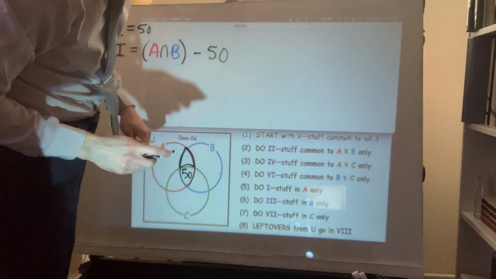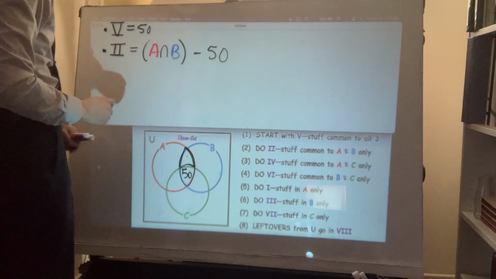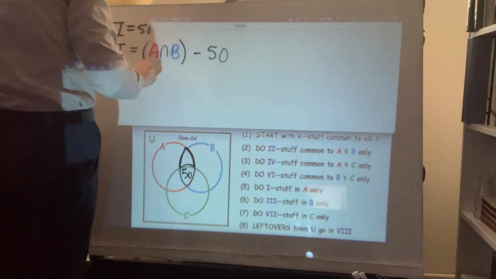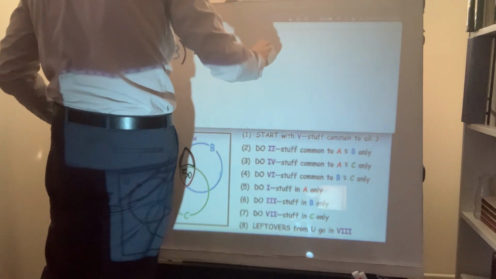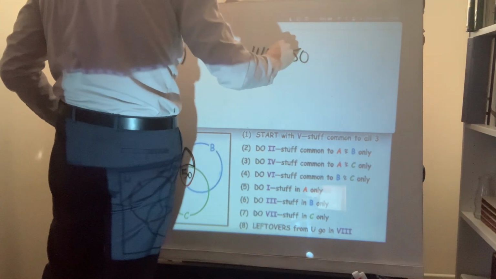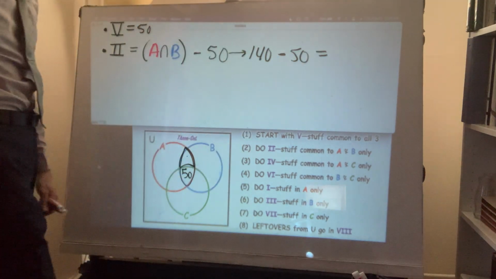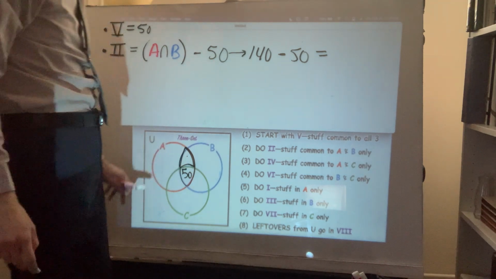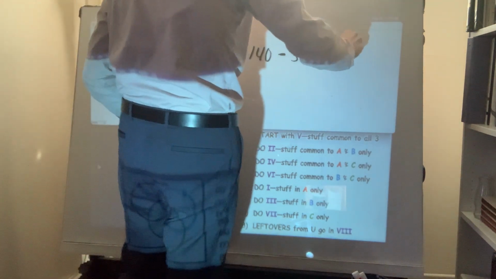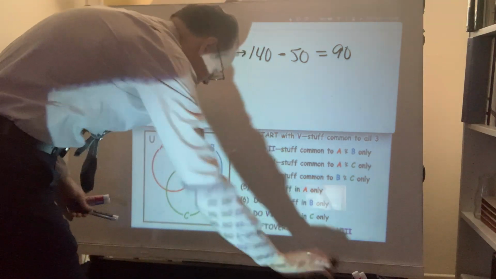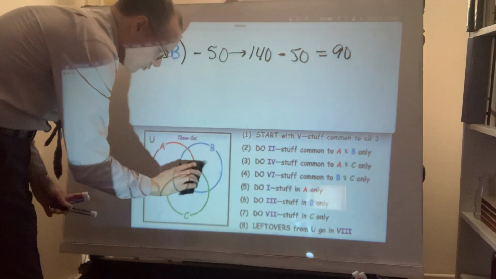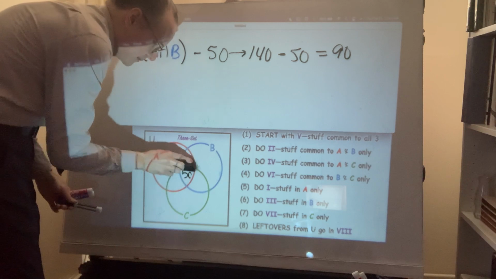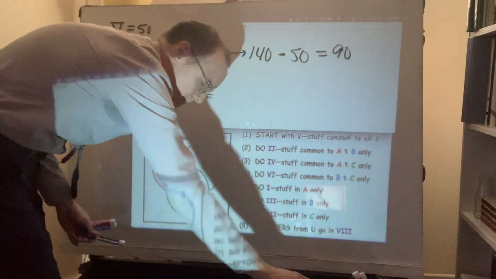So this is really 140 minus 50, and that would equal what? What would be the balance that fits in the Star Trek symbol here? 90. So what I would add now to my diagram is that little piece of information that we have